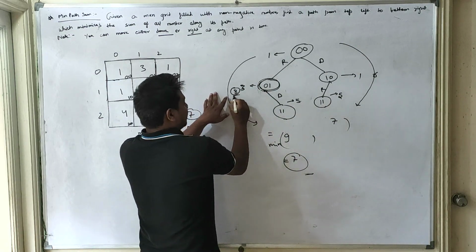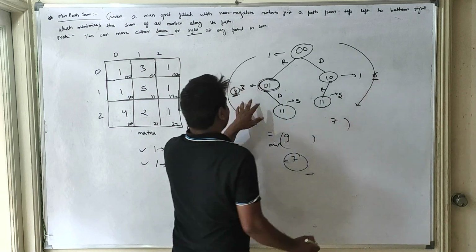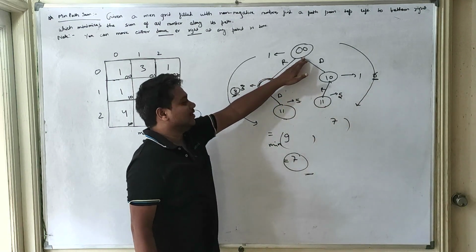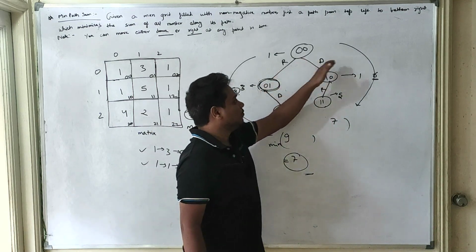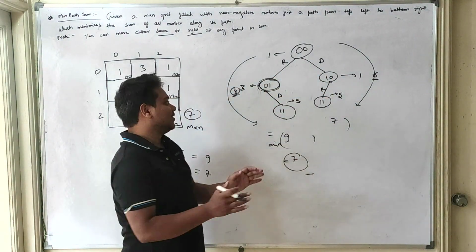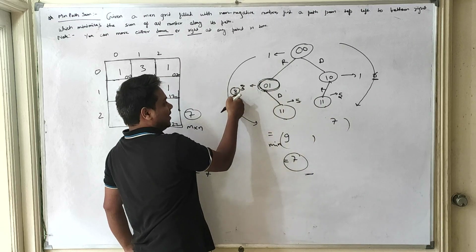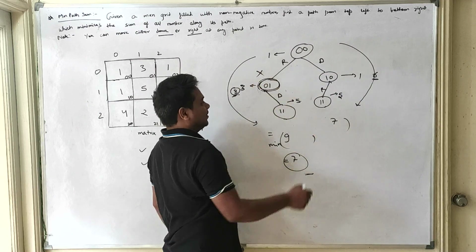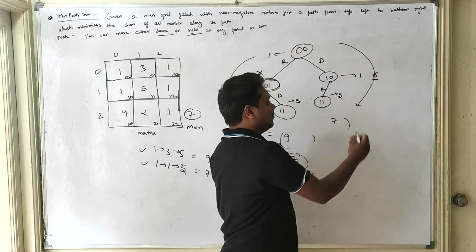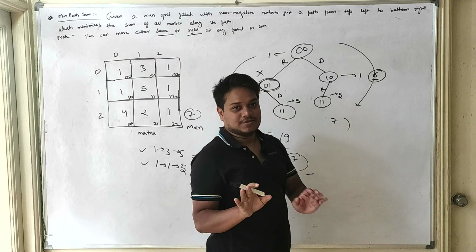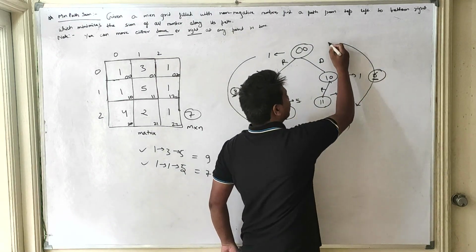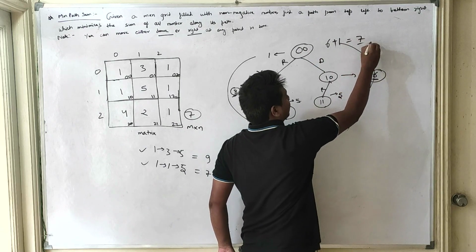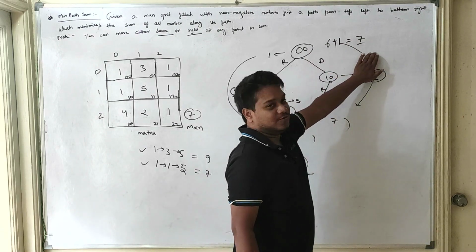But now see, here we have value 8 and here we have value 6. Now again we have the option either to go right or to go down. If we go right, then the value would be 8. We don't want the greater value over here, so we'll discard it. If we go down, the value would be 6 plus the value of this node, that is 1. So 7 would be our answer.